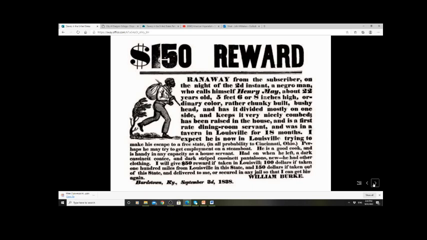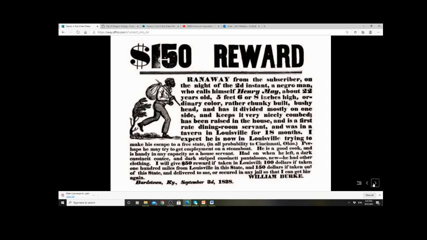They are useful, these reward posters, because again they tell us that slaves are worth a lot of money. If a slave runs away, this is a little bit earlier, this is from 1838. If slaves run away, then owners want them back, right? This guy here, Henry May, who's a good cook, has run away, and we know that slaves who are skilled could be worth up to $1,000, maybe a little bit less in 1838. So we can see that by offering $150 if this guy is caught outside of Louisville, then that's a significant